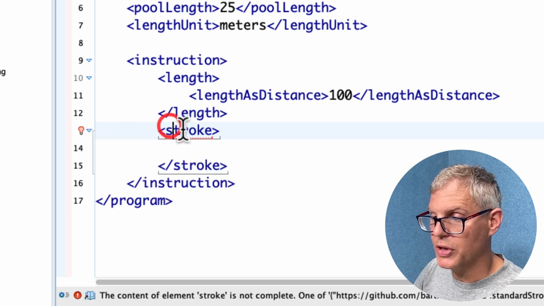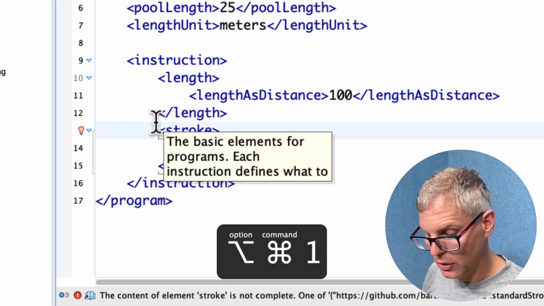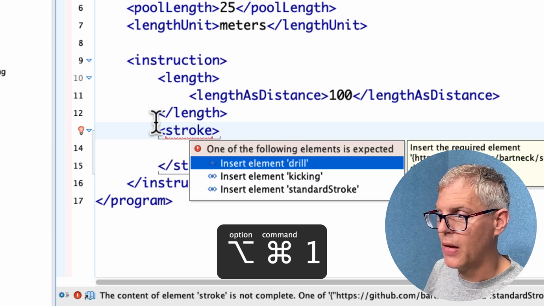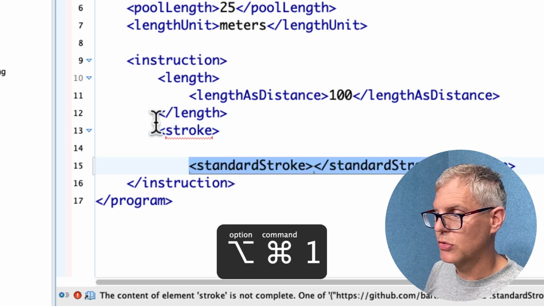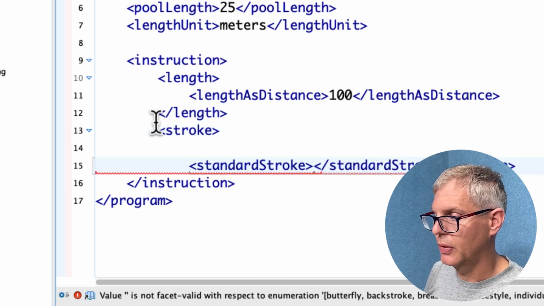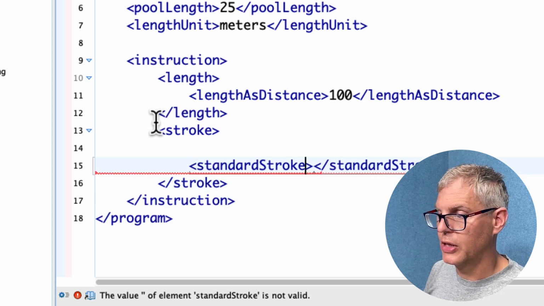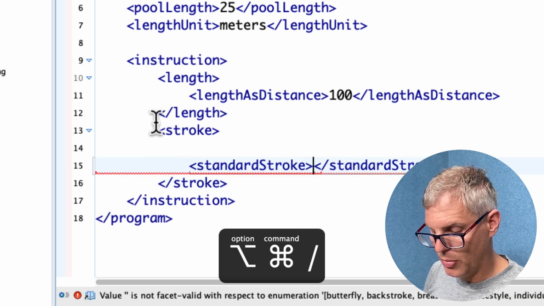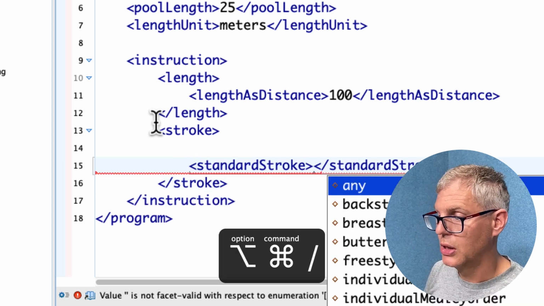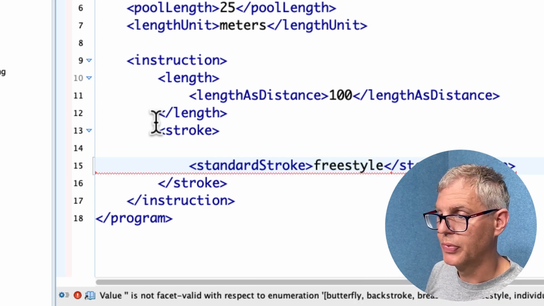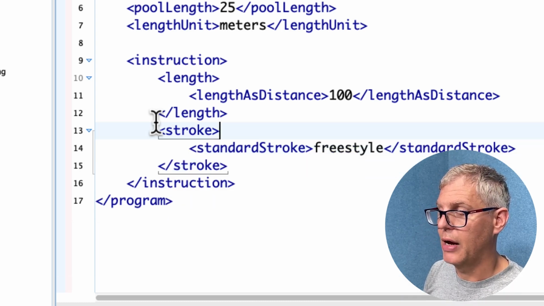And what is even better is there's a keyboard shortcut, Command Option 1, and I want to have a standard stroke. And in the standard stroke, I want to have, again, Command Option /, freestyle. And now I have a valid